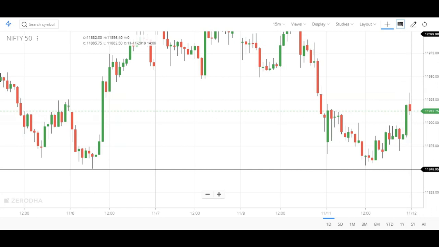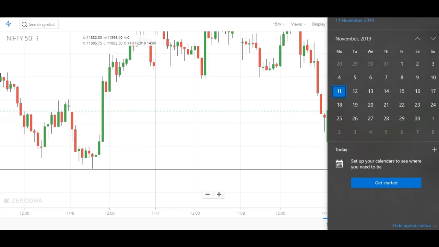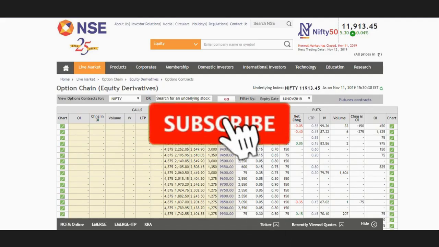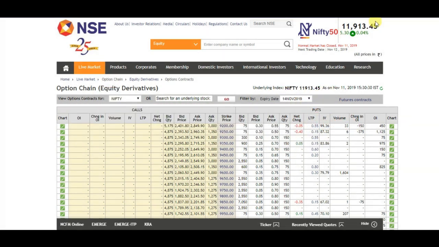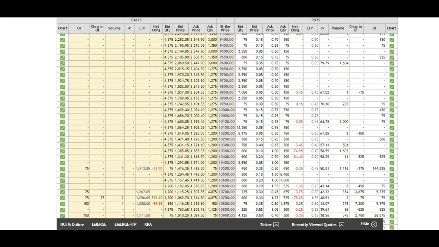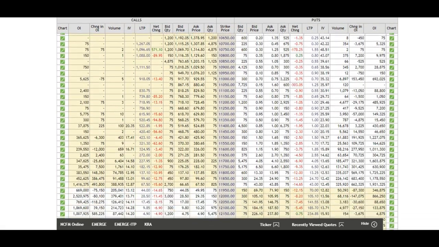11,912. So now let's go to the option chain and we'll try to find out support and resistance for the 12th of November. As we can see, Nifty closed around 11,913, so we'll start our analysis at 11,900. First of all, we'll study the puts to find out support, and then we'll study the calls to find out